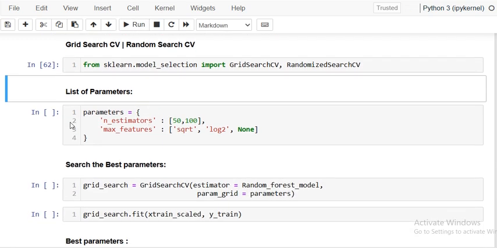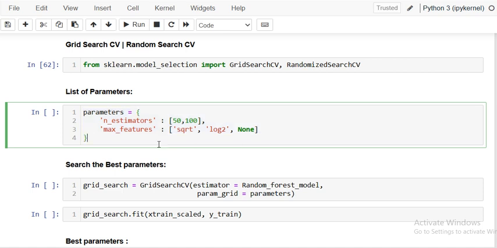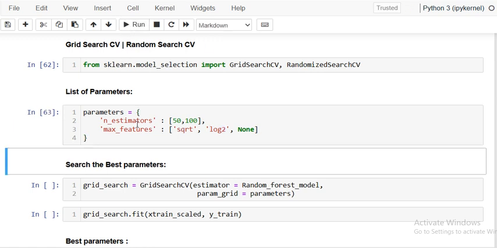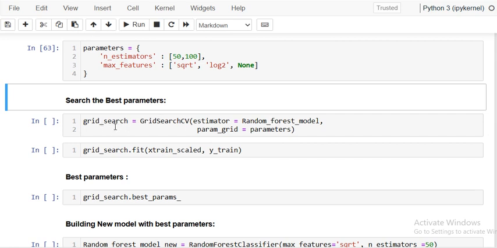So you can run this, and you have to create your own parameters. Now I am selecting n_estimators, meaning the number of models, or number of decision trees. I'm considering 50 and 100. And for max_features, how many features are selected when building each decision tree, whether it is log2, sqrt, or none. Okay, so when I run this,